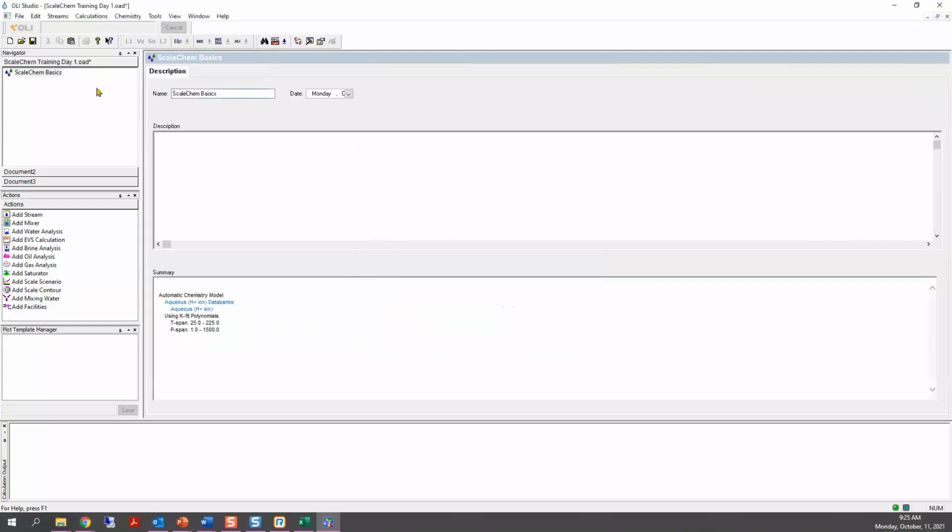No problem, I'll do it again. We haven't added anything here. In the navigator panel, you see the ScaleChem Basics that I named. I just click on it. Then we go to the menu bar, go to the Chemistry tab, and down here is the Model Options.